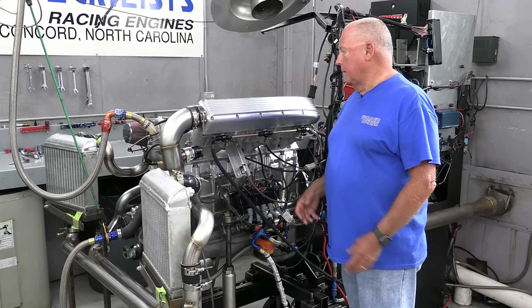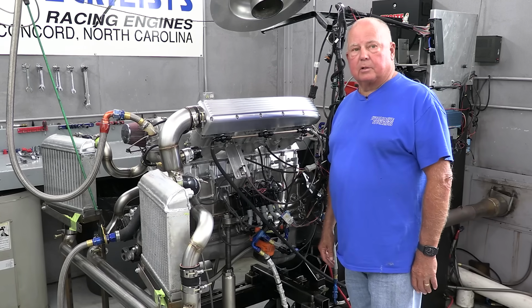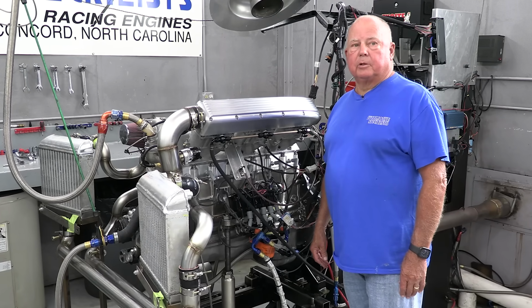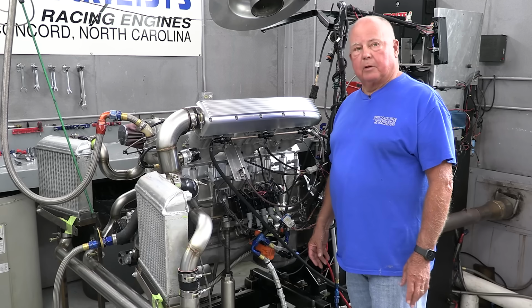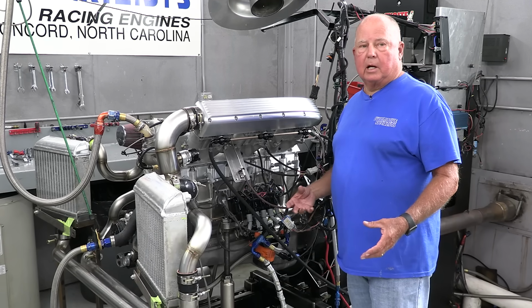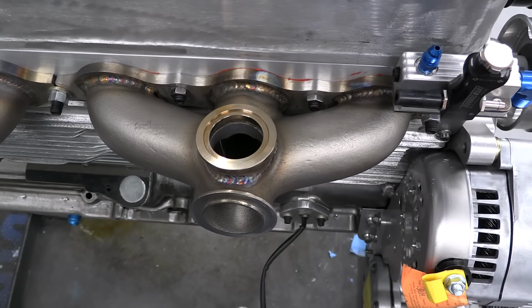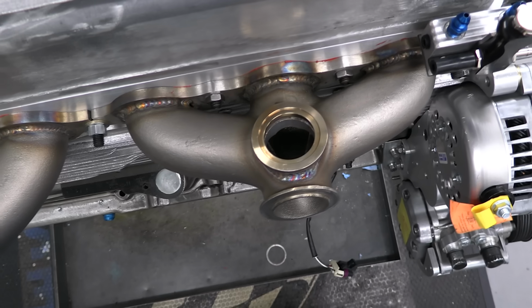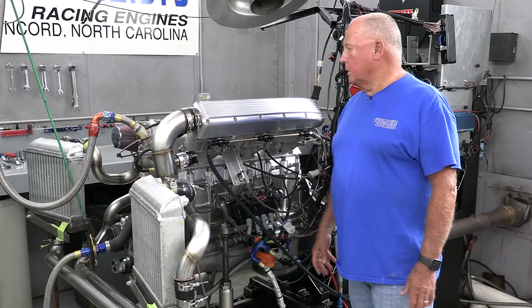And kind of the same thing on the exhaust. Johnson's had the exhaust manifolds cast, which, as you can imagine, was very time consuming, took a lot of effort, a lot of time. But a couple of reasons for that. One with the heat of the turbo, and the other was mounting the turbos. They're so solid, with thick stainless steel flanges and all on them, that the turbos can mount on them and never have to worry about any flexing or leakage or anything like that. So it should be a very solid,